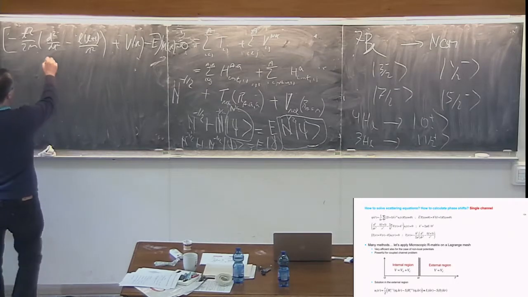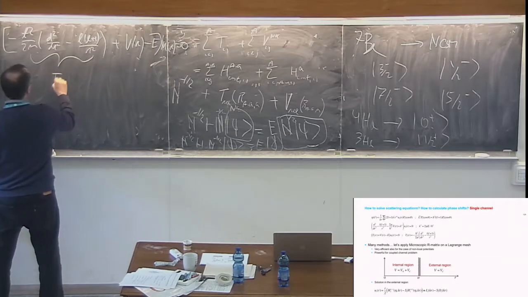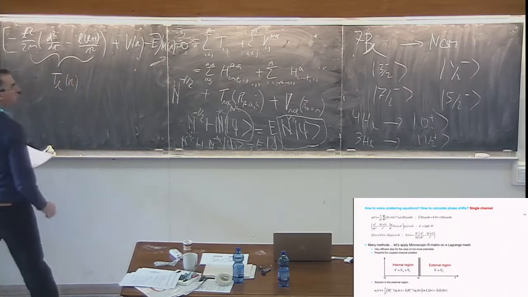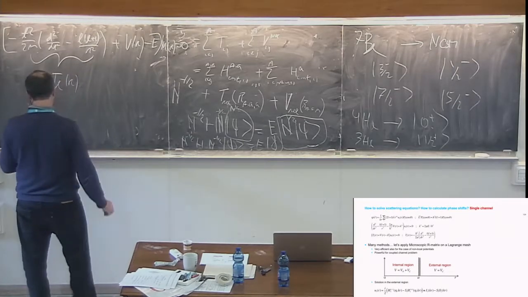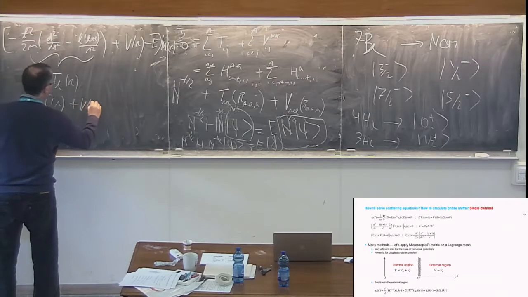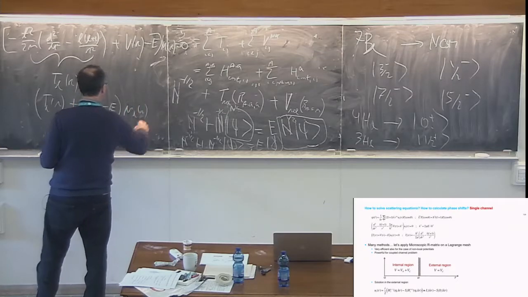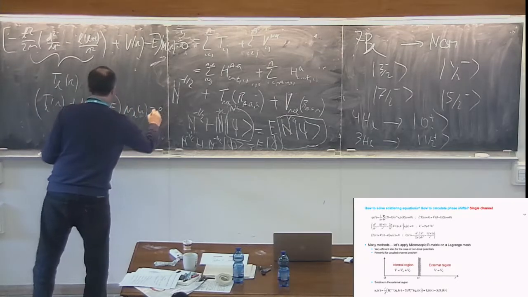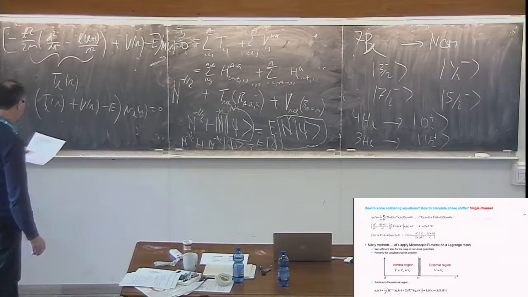And so now this would be a kinetic term. So that's what I denote as T_L(R), and then I have the potential. So okay, it's just this, and so it acts on, let's call it U_L(R), and that's equal to 0. Okay, and so now if there is no Coulomb in the potential, so